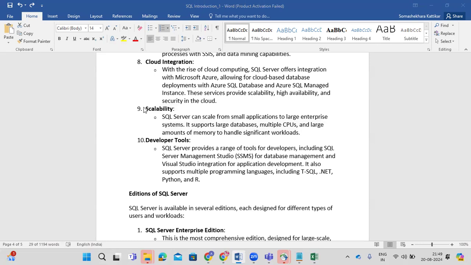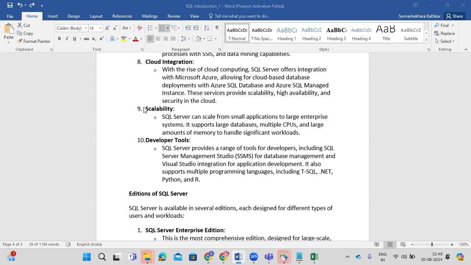Good question. See, SQL Server is incorporated with business intelligence application tools. If you buy SQL Server, along with it you will get the business intelligence tools also: SSIS, SSRS, SSAS. These are a bundle. The SQL Server software is a bundle of SQL Server and the business intelligence tools. And second thing, compared to other products, the revenue related cost is a little bit low,